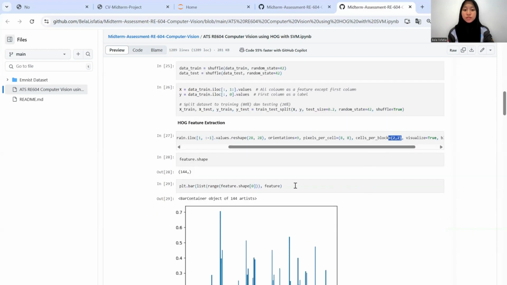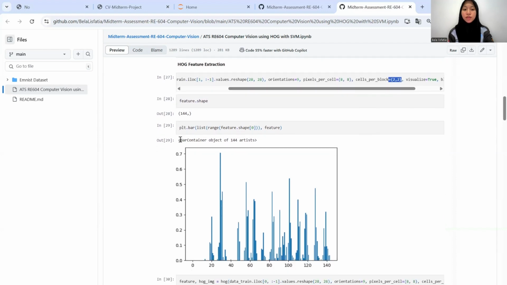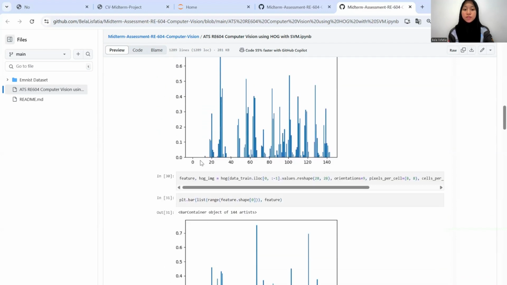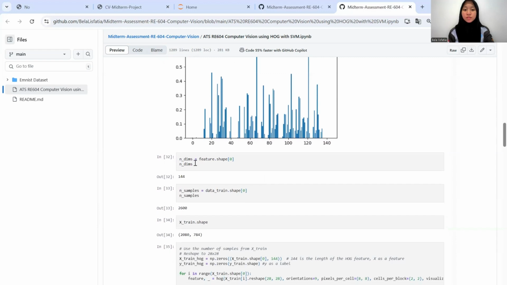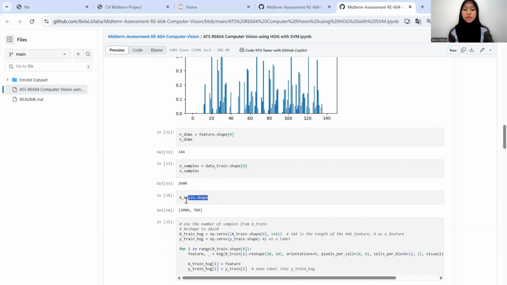After that, we can check the length of the feature, which is 144, and also plot a bar of the length. And then we can store the dimension of the feature set and the sample data to the trained dataset.